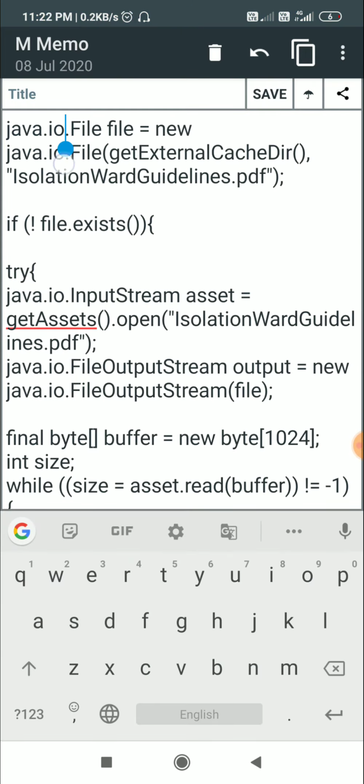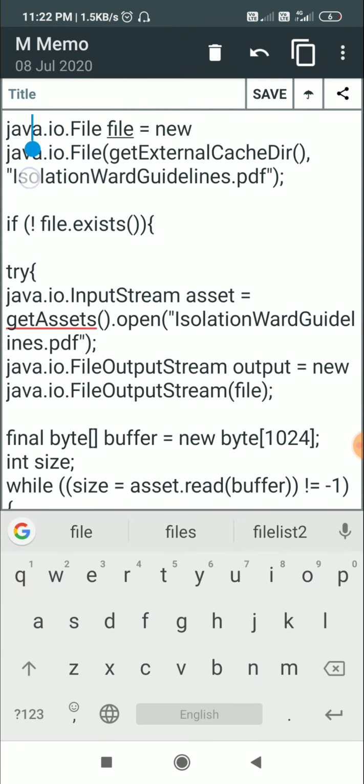So here first I define a java.io.File called file as a new File. Get external cache directory, this is the directory, comma, isolation ward guidelines.pdf, this is the name of the file. So this is the destination file in the external cache directory which doesn't exist at present.